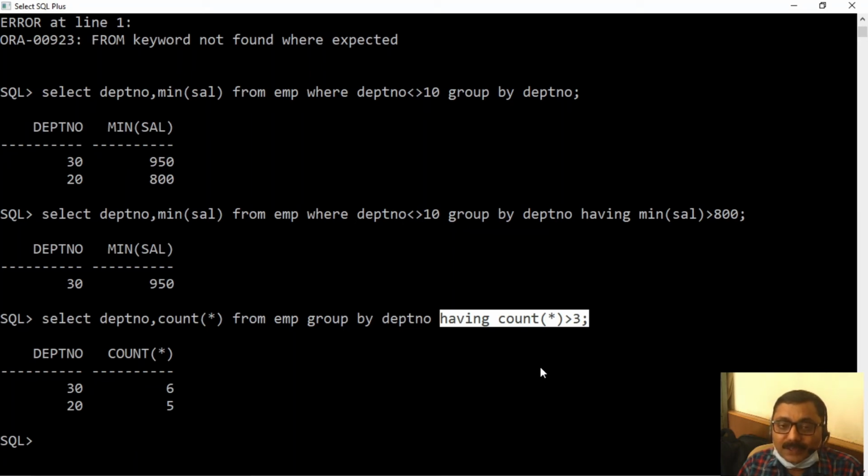Then I want to find department wise average salary, and then I want to see those records only where average salary is greater than 1000.